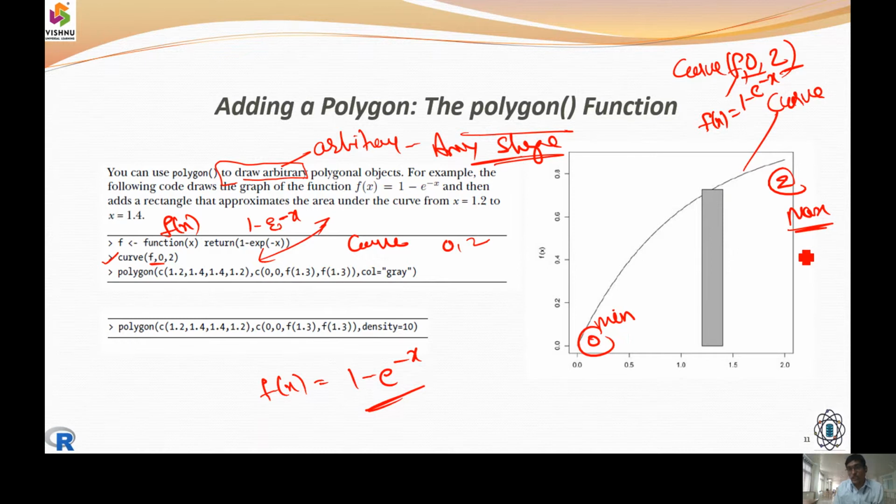Next, we draw an arbitrary shape. How are we going to draw the arbitrary shape? We are going to draw it with 1.2, 1.4, 1.4 and 1.2. So now we need to mention a rectangle.